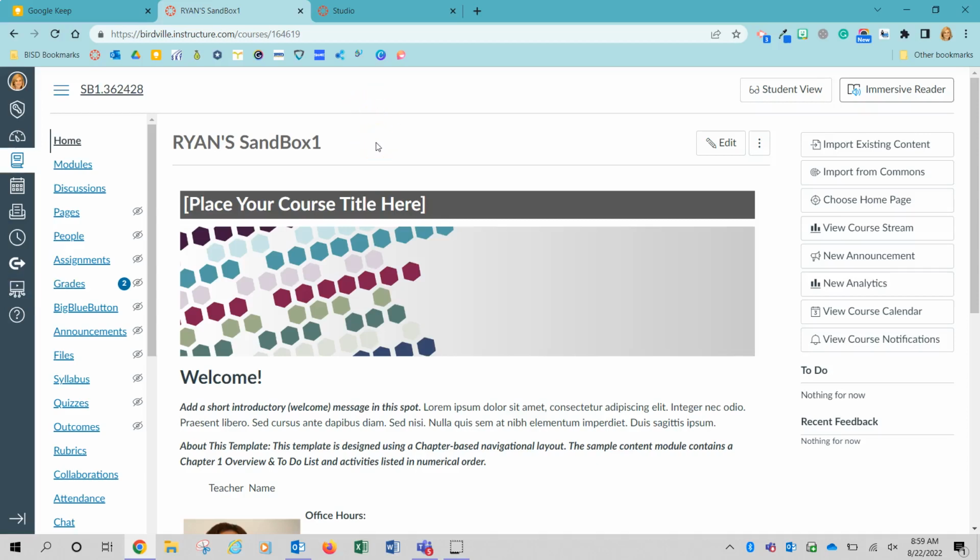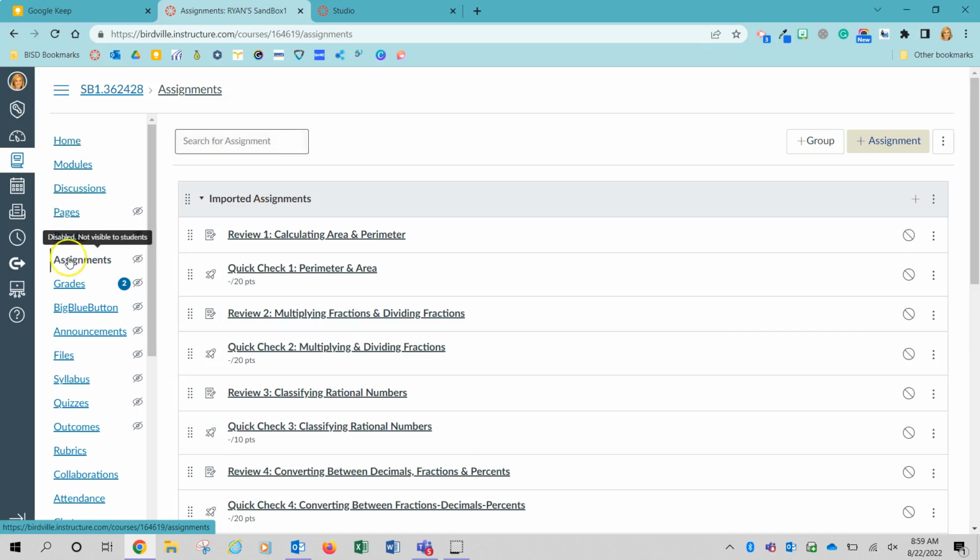Whenever you are trying to set up GradeSync from your Canvas course to Skyward, there are a few settings you will need to first set. So I'll start here in my Canvas course on my homepage, and I will begin by going to my assignments. So I will click on Assignments on the left navigation menu, and then I will need to create two groups